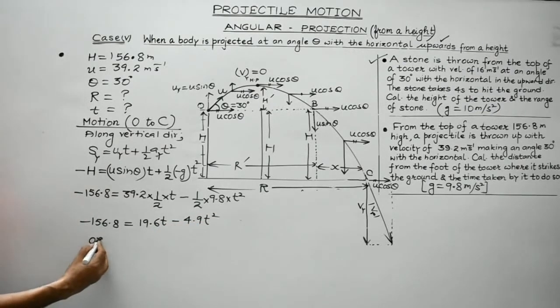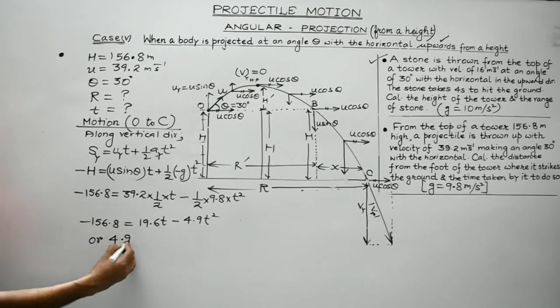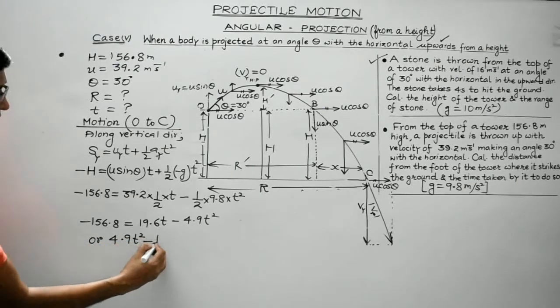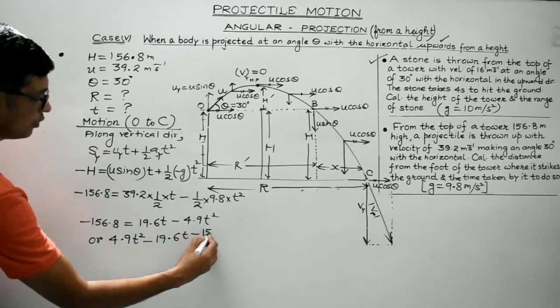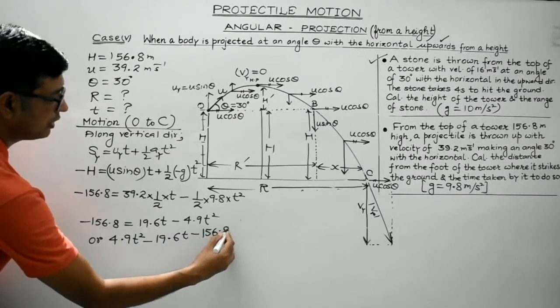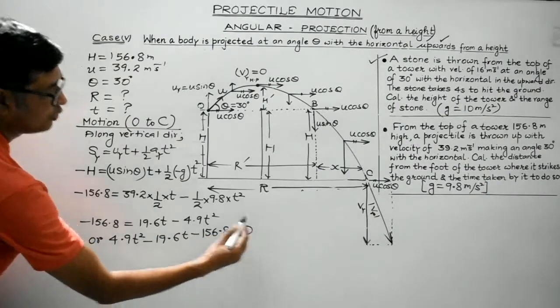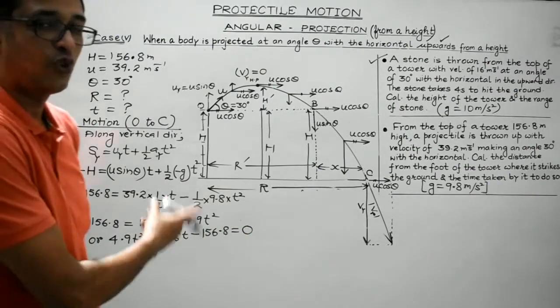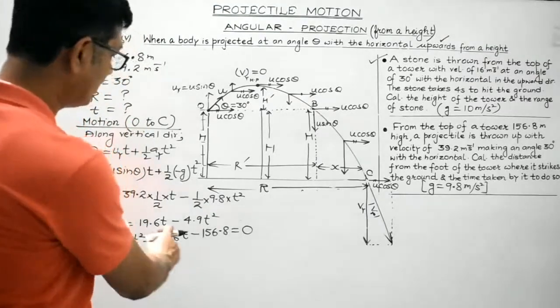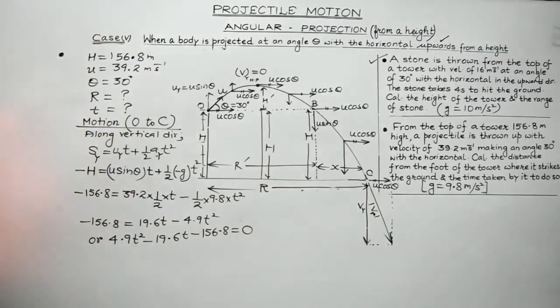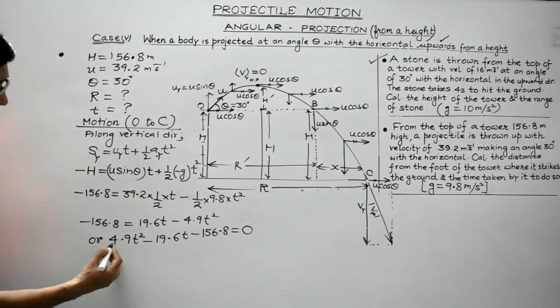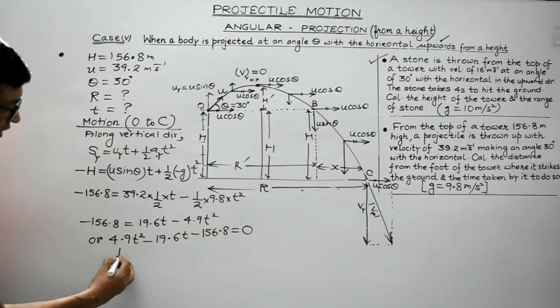On rearranging terms, what you get is 4.9 t square minus 19.60 t minus 156.8 is equal to 0. So there is a quadratic equation. We can easily get the value of small t by splitting the middle term. So let's try to solve it. Dividing throughout by 4.9, what you get is